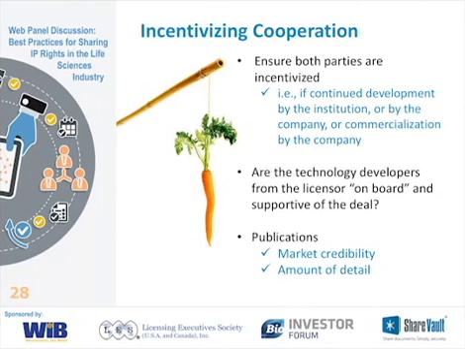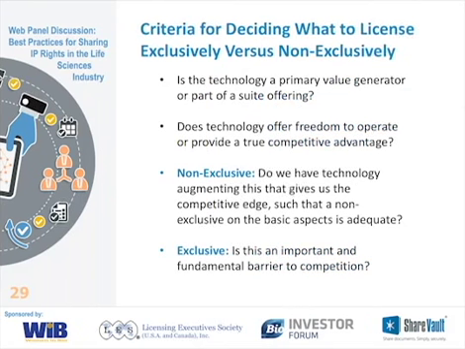What about deciding whether to license something exclusively or non-exclusively? You know, I think there's often a temptation, if there is technology to be had, or if you're going to jointly develop something, to want the exclusive, because who can argue with that? But there's a cost to it often, and that cost can be pretty high. And I think when Kate speaks, she'll give you some really good numbers on what these costs can be.